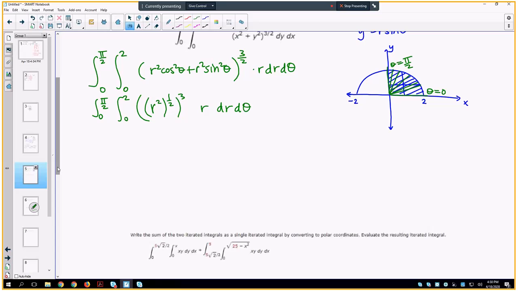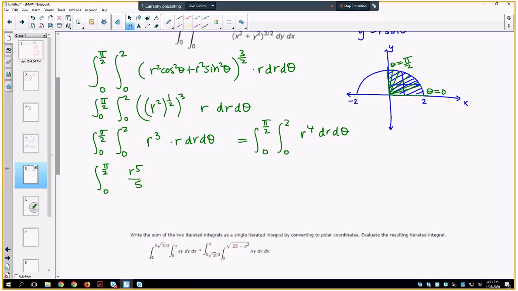And I know that r squared to the power 1/2 should give me absolute value of r. But I also know that my r is positive. It's between 0 and 2. So I'm going to write r cubed times r dr d theta, because I got r squared, I got absolute value of r cubed, but then I determined that I don't need absolute value because I know my r is positive. All right, so that's clearly integration 0 to pi over 2, integration 0 to 2, r to the power 4, dr d theta. So the antiderivative of r to the power 4